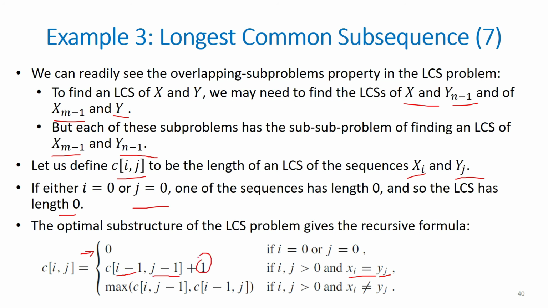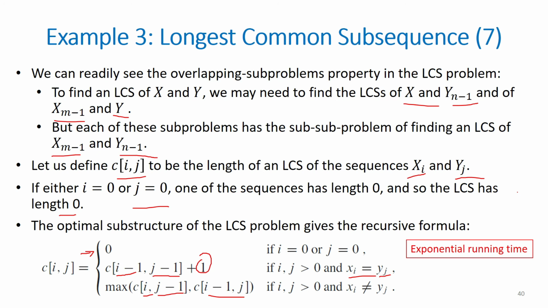If i and j are positive and the elements x_i and y_j are not equal, then we return the maximum value stored by comparing the prefixes x_i and y_{j-1}, and x_{i-1} and y_j. Based on this equation, we can easily write an exponential time recursive algorithm to compute the length of an LCS